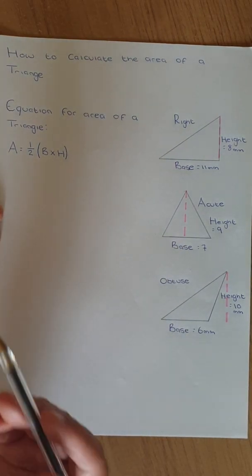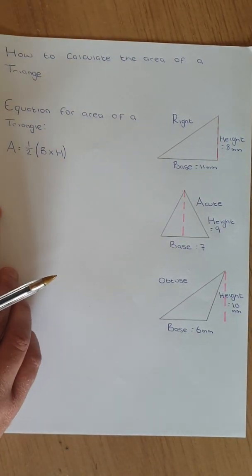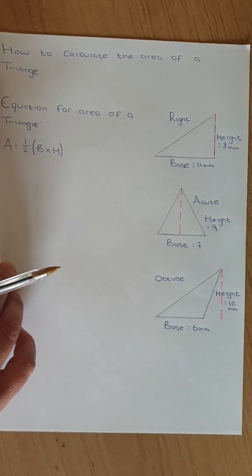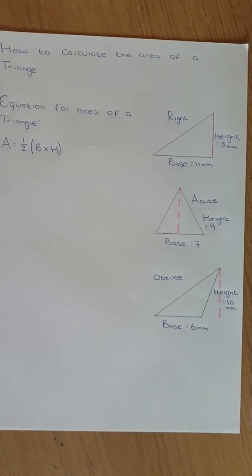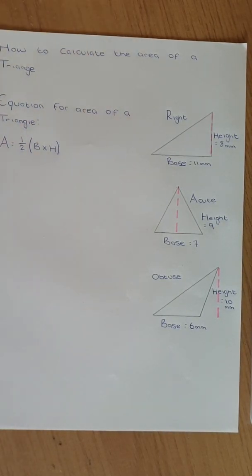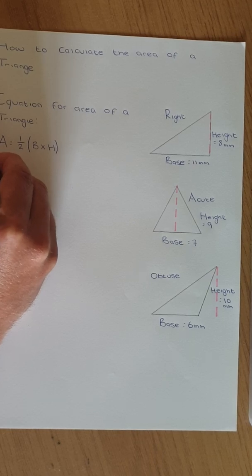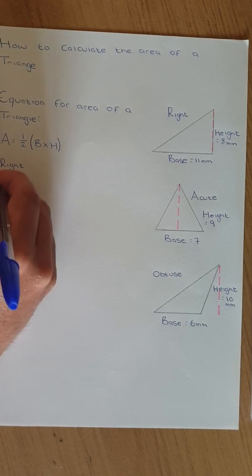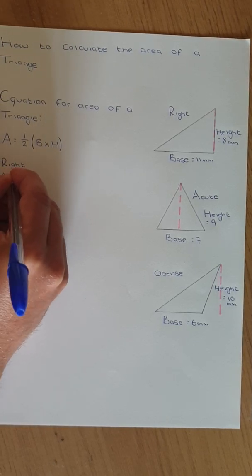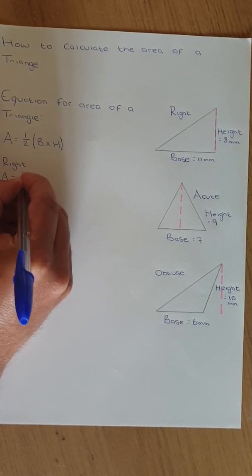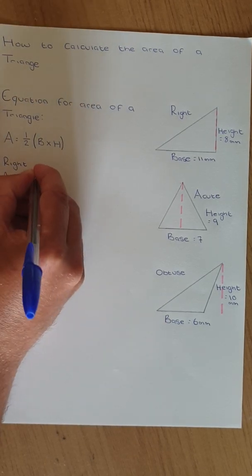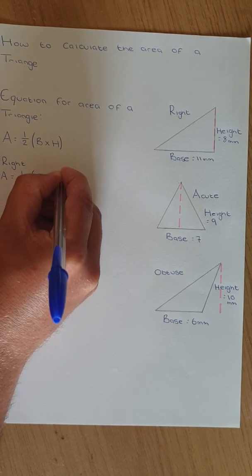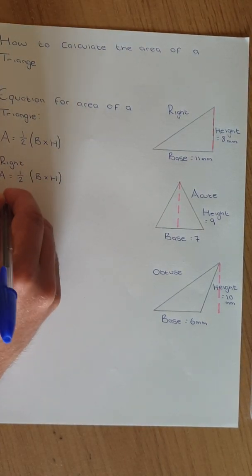In this video, I'm just going to go through the different ones, just do a few calculations, just to show how to calculate the area. So we'll start with the right. So we have A equals 1 divided by 2 times base times height. So we can work out